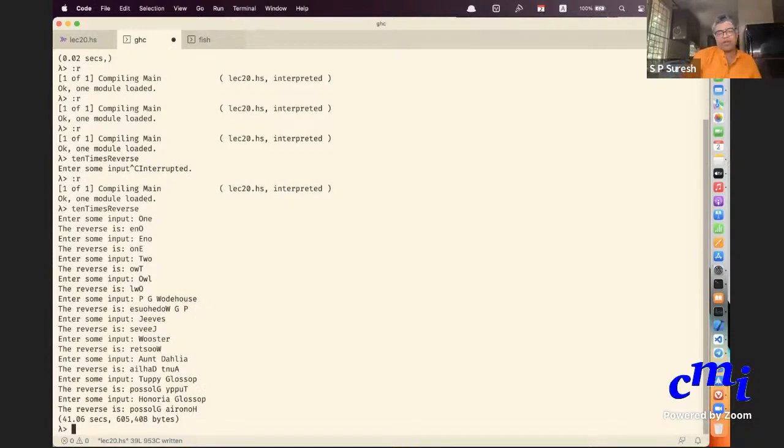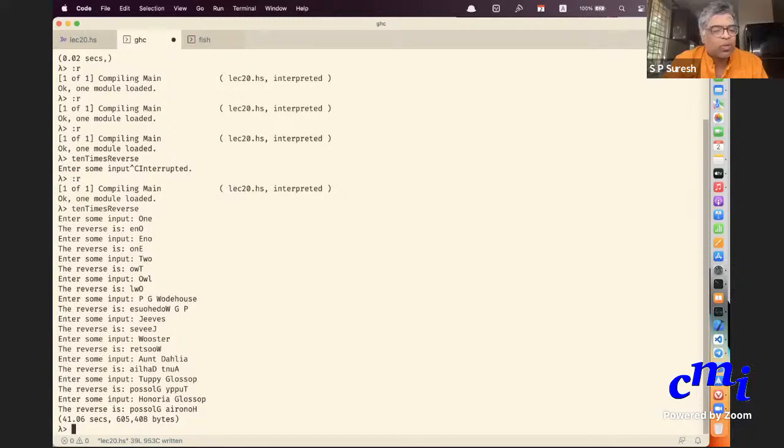Now it's fine. I'm just illustrating stuff with some useless programs, but you need input and output and you can do a lot of useful things with input and output. I'm just illustrating it with very simple examples.